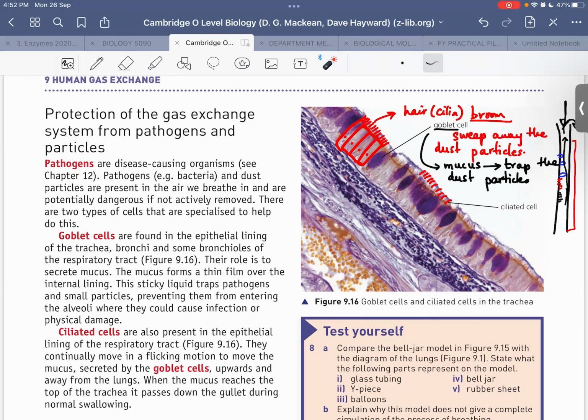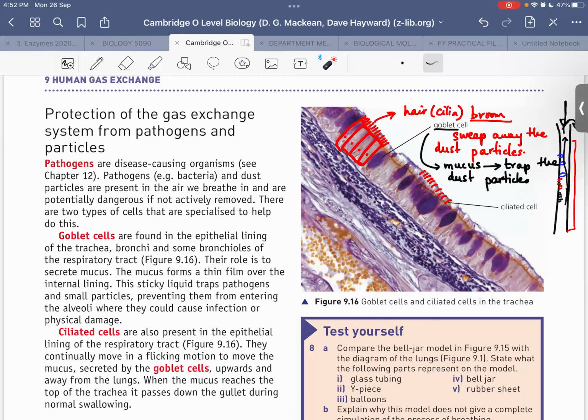So when we breathe the air which contains these microorganisms, in the trachea there are two kinds of cells, the goblet cells and the ciliated cells. So firstly, before the dust enters the trachea, the hair in the nose sweeps away this dust, and then